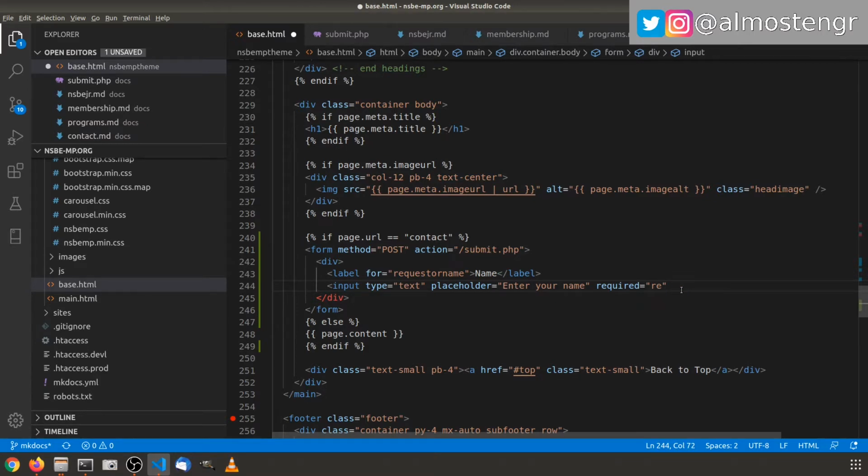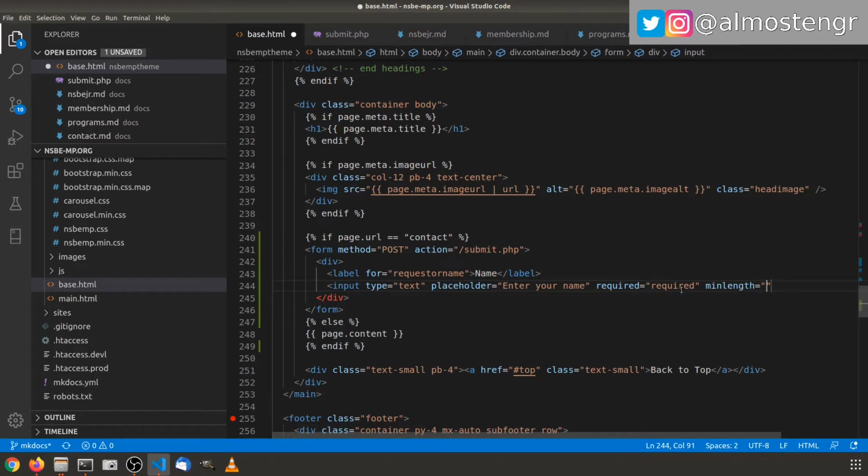And I know that's like, what? But that is valid HTML, believe it or not. So when there is an attribute that really doesn't have a value, usually the attribute is also the same thing as that value. So required equals required,